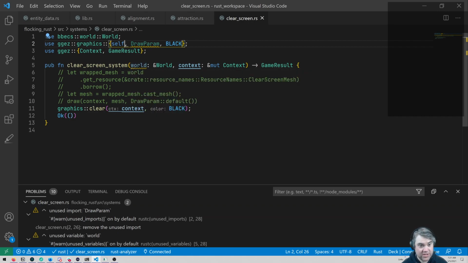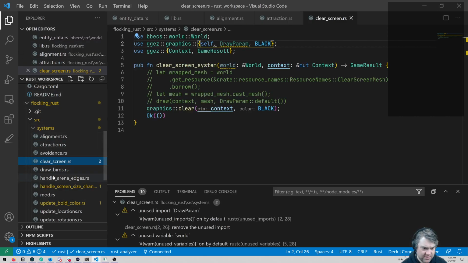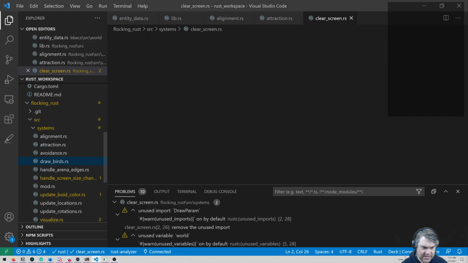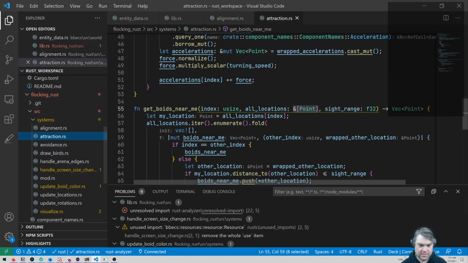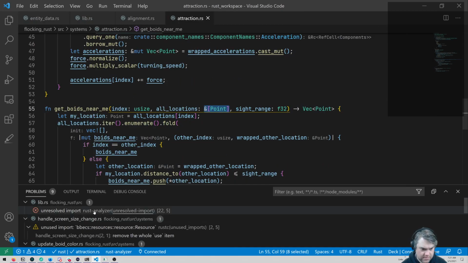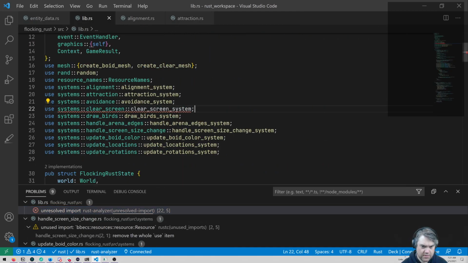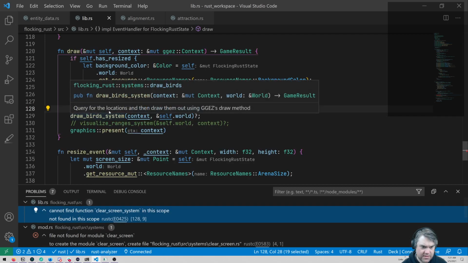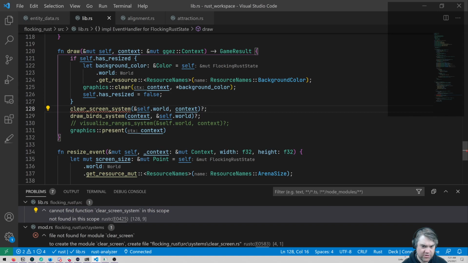This world. Okay, so the clear screen system. I think we can just delete this file. We're not using it here. I'm just going to go ahead and delete that. Stop referencing it. Clear screen systems.